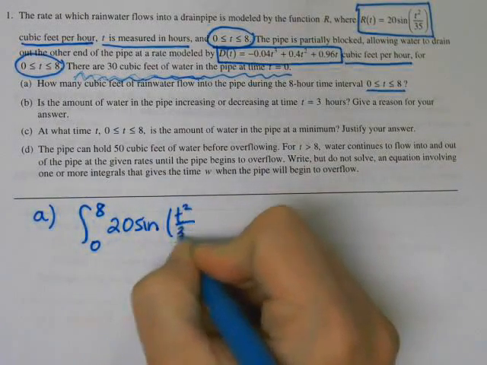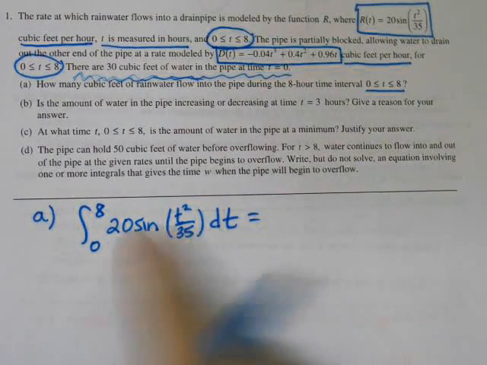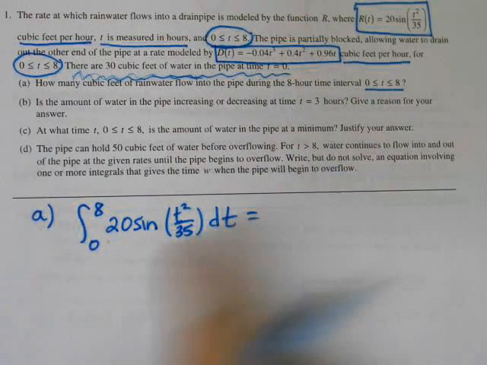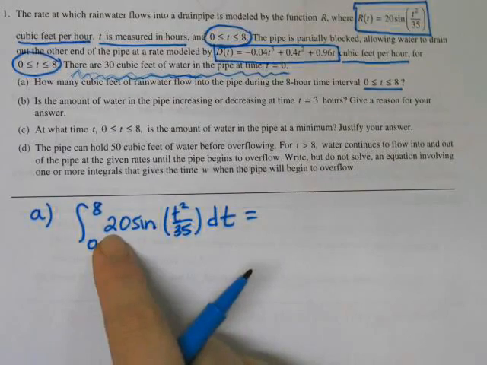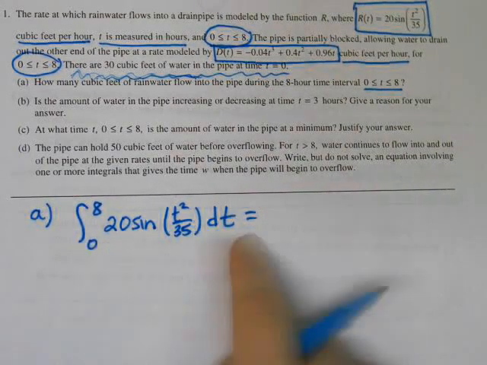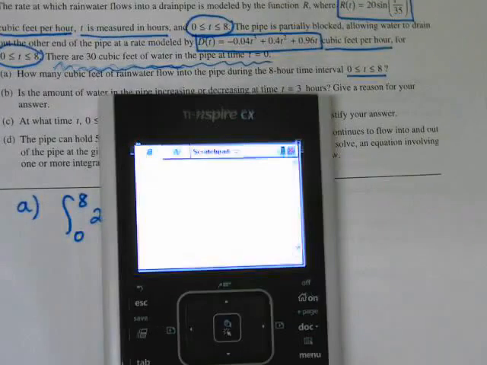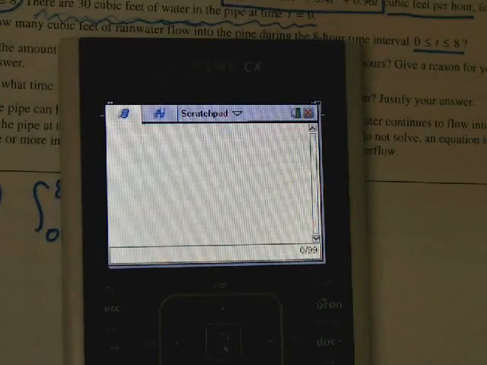But you do need to write down what it is you're doing. Don't just type it in the calculator. On the calculator portion, they want to see your setup, what it was that you used the calculator to evaluate. So we're going to use the calculator for this. Menu, calculus, and number 2, or there's a template on the template menu right next to the number 9. It's the second template on the bottom row. So either way, 0 to 8,